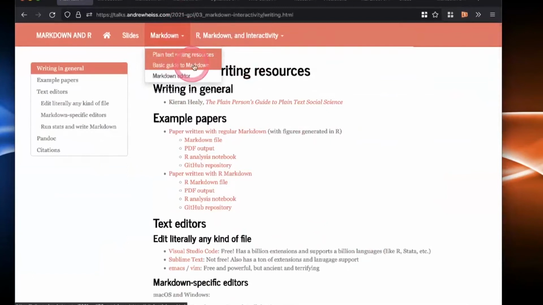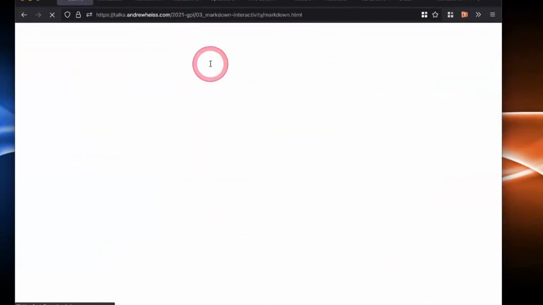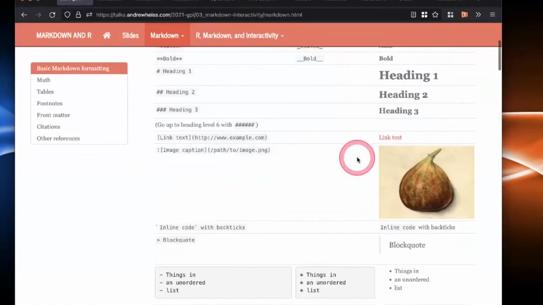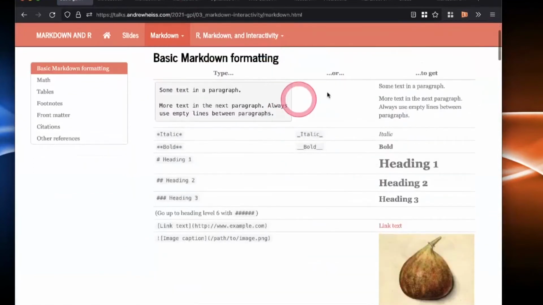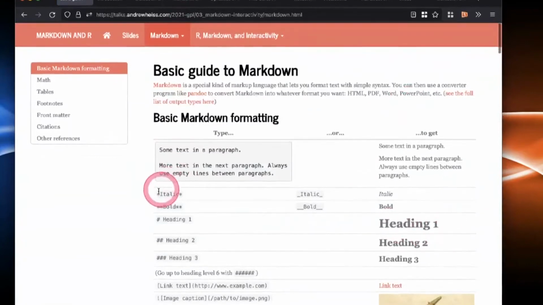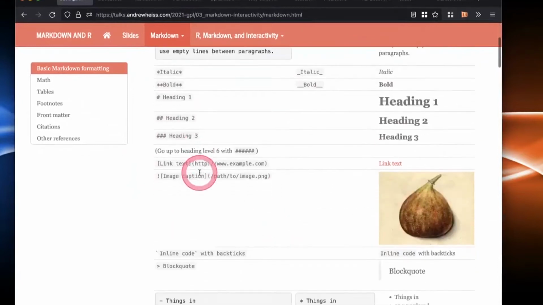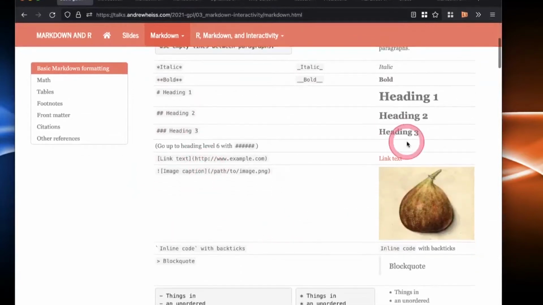If you then look at the basic guide to Markdown, I have a list of how you write in Markdown and how you format things to get specific results. For instance, if you want something to be italicized, you put stars around it. You can also put underscores around it. Some people do that, and then that will turn into italics. If you want something bold, use 2 asterisks or 2 underscores. That's bold. And if you scroll through here, you can see all of the different methods for creating stuff,